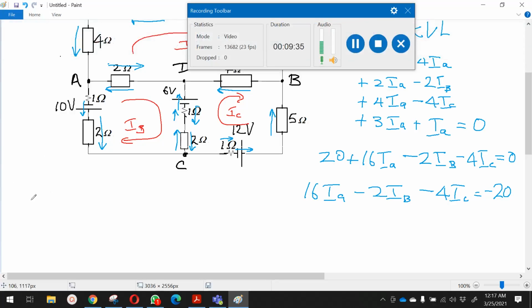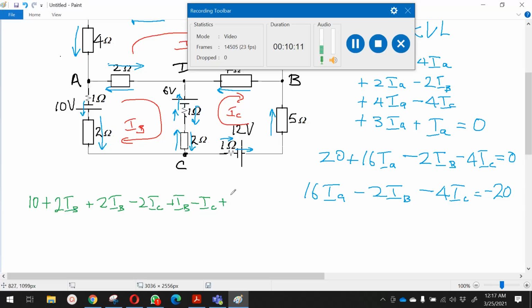Here, this becomes 10 volts plus 2IB plus another 2IB minus 2IC plus IB minus IC